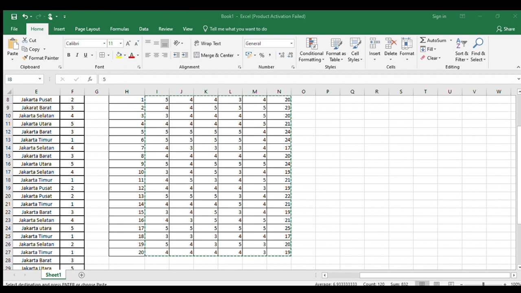And then I want to make the reliability test. Back again to SPSS. Then click analyze, scale, reliability analysis.